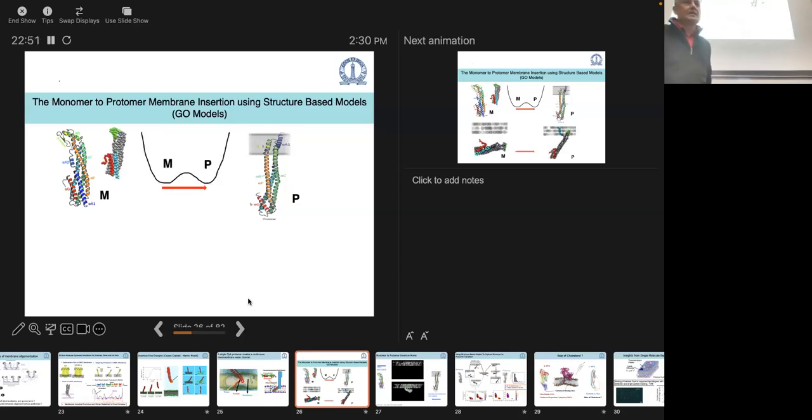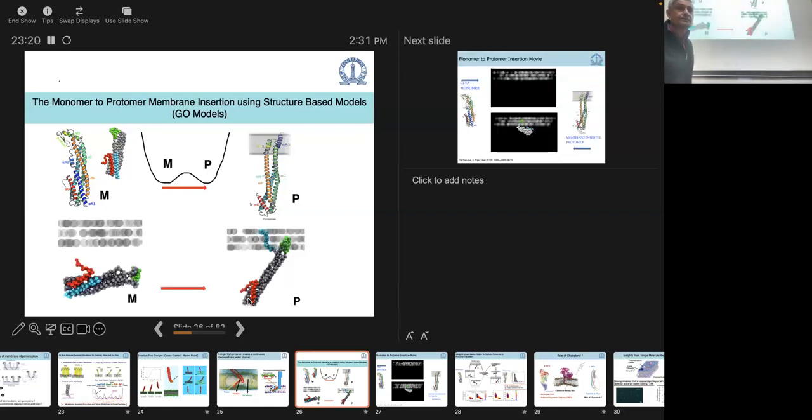GO model. So in a nutshell, what it does is you code in both different states into your potentials. So you have dual potentials, which contain information of the monomeric state that is here, as well as the protomeric state, which is the membrane-bound state. And the barriers that you have in the potentials are all the order of a kT or so. So they're very low barriers. The idea is that if you start with one state, can you transit to the other state, right? So that's in a nutshell how these models work.